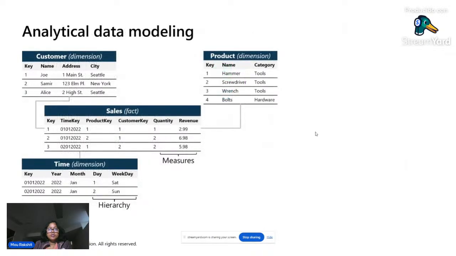So, analytics data modeling. Again, we are going a little bit more onto dimensional data modeling. Suppose every company has sales transactions, like almost every industry, everybody is selling something, right? Whether it is a retail or a manufacturing company manufacturing products and then selling them, there will be transactions. Those are sales transactions or claims processing transactions, or anything which is basically the source of truth.